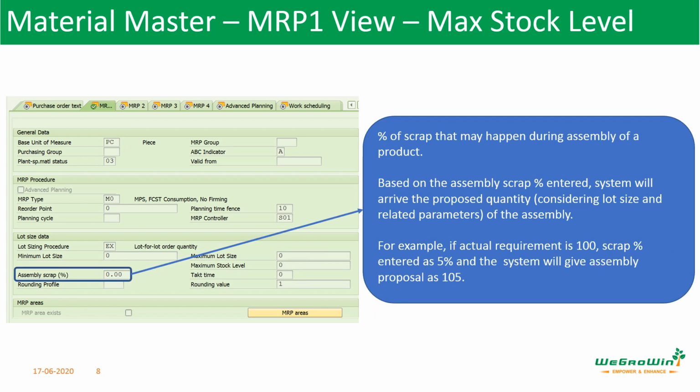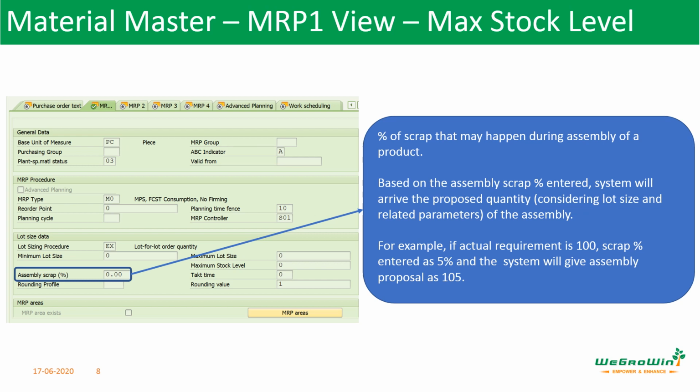And then we have the field called assembly scrap. So when do we use this assembly scrap? For example, when you produce something on a machine, you plan to produce 1000 numbers, but you always expect some 1% scrap there. Which means you will produce 1010, and then only 1000 you will get. Because the machine is designed like that, or when you are doing the setup, there may be some wastage. So accordingly, you have to procure your materials.